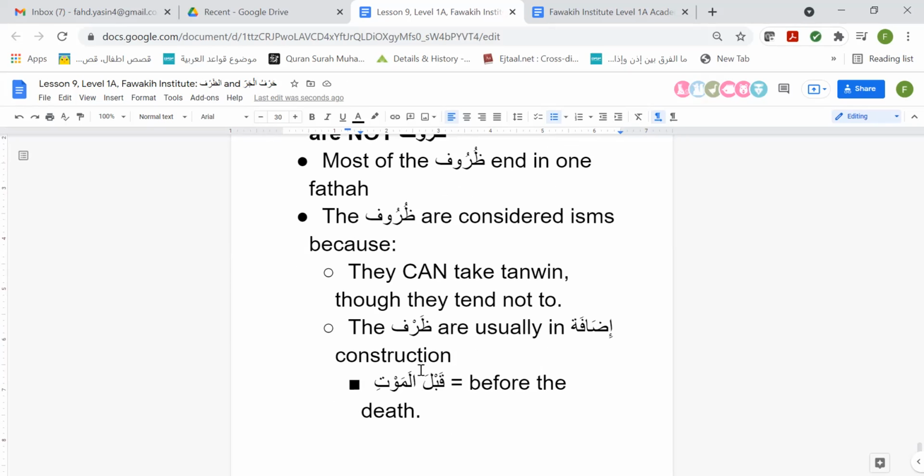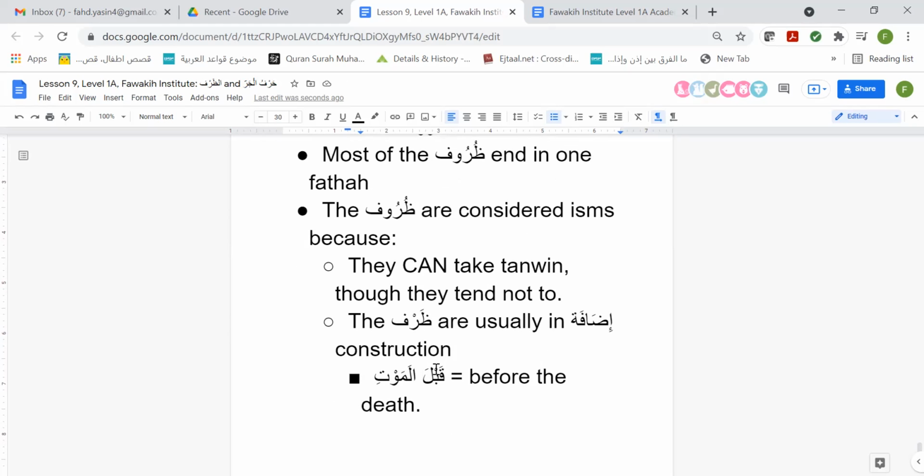Now, I hope this will answer your question, but this is also bringing us to the main concept that I wanted to get to as well. The reason why the dhuruf and the huruf are confusing is because the end result is the same. The word after it is in the state of jar. Notice how the word maut is in the state of jar because it has a kasra at the end. That would make students want to think that qabl should be a harful jar, right? It should be one of the huruful jar, meaning the harf that makes the following word into jar. That is tempting to say. However, grammatically speaking, that is not the case.